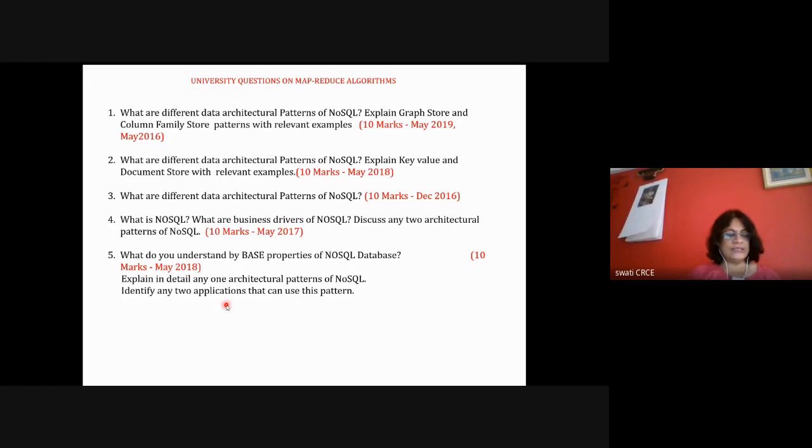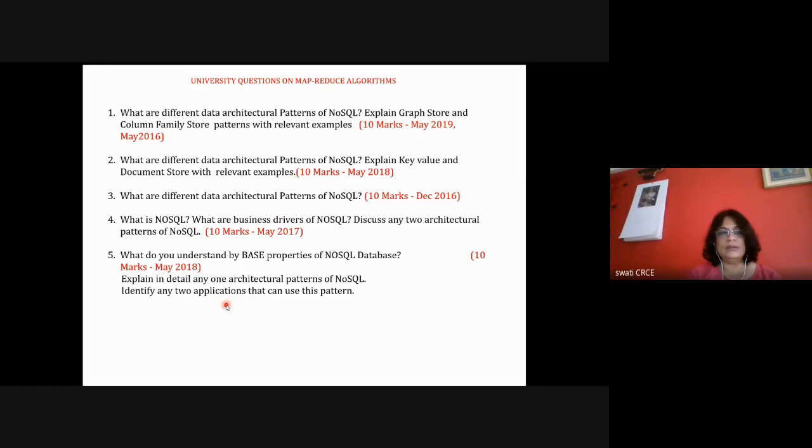So overall we can say that you need to remember the characteristics of NoSQL, difference between NoSQL and RDBMS, and then the four types along with their examples and their applications. This is only the portion, and minimum always 10 marks and maximum 15 marks is asked in the exam. So let's see. My today's objective is to learn about key store architectural pattern of NoSQL. Okay, key store databases, and the example is DynamoDB, Amazon's DynamoDB.